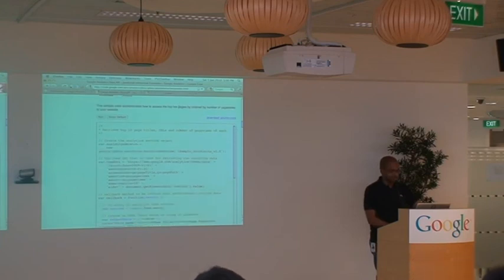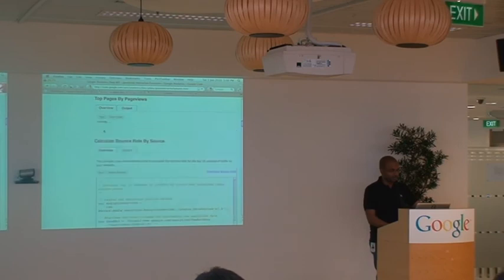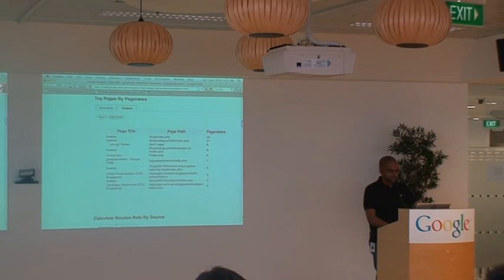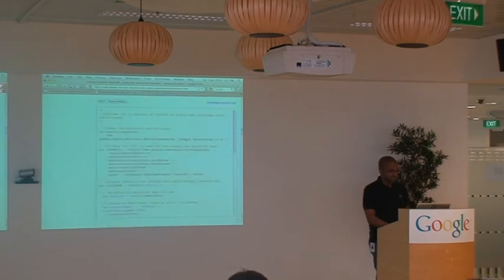So we look at the code here. Let me execute the code first so you see what the output looks like. So I run it, it's running the code. I've told it I want it from my blog profile. And here we go, it gives me exactly what I need: the page title, the path to it as well, and the number of page views. So I can see at a glance, all right, that's the data that I need. So let's see how this was actually done.